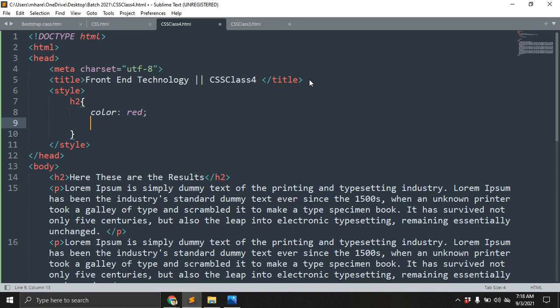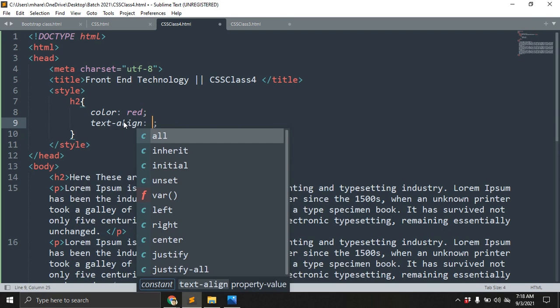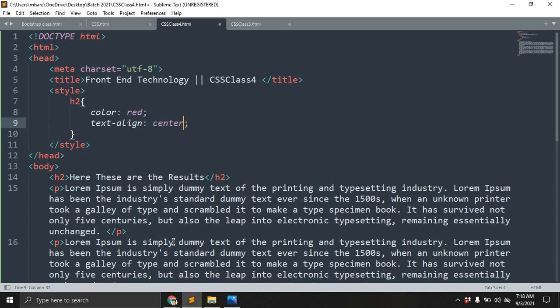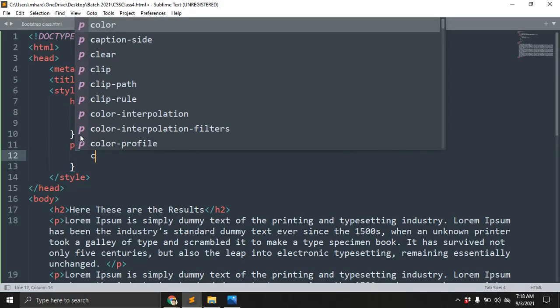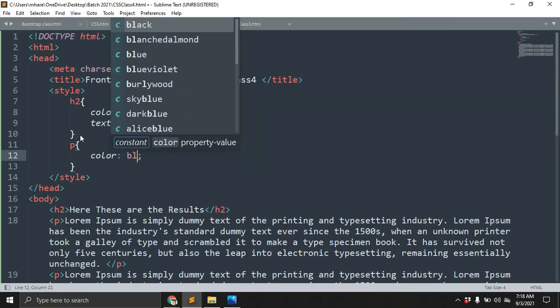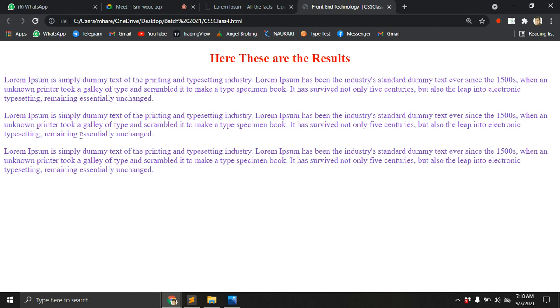And for the paragraph tag, I just want to use text align center. Here I want a paragraph tag, right? I just want to use the blue highlight. Okay, let's save, open the browser, refresh. That is what I wanted executed here, right?